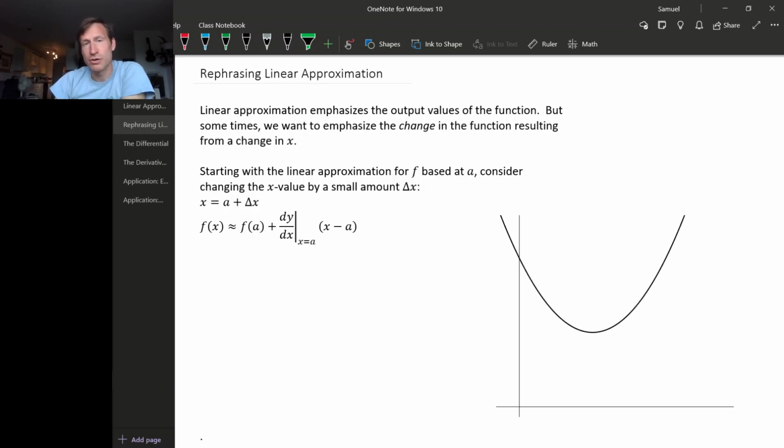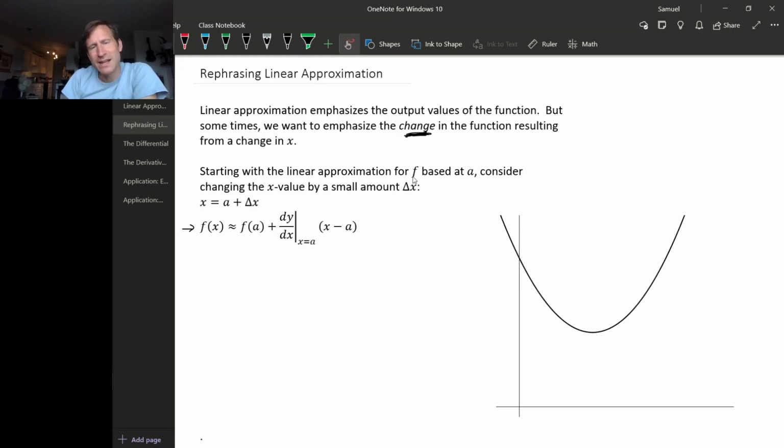We've been using linear approximation to think explicitly about the input of a function near the base point and the resulting output. But there's another way we can think about linear approximation. Rather than emphasizing the input and output of the function, we can emphasize the change that results by moving a little bit away from our base point. So to do that, let's take our linear approximation formula, which is right here, and